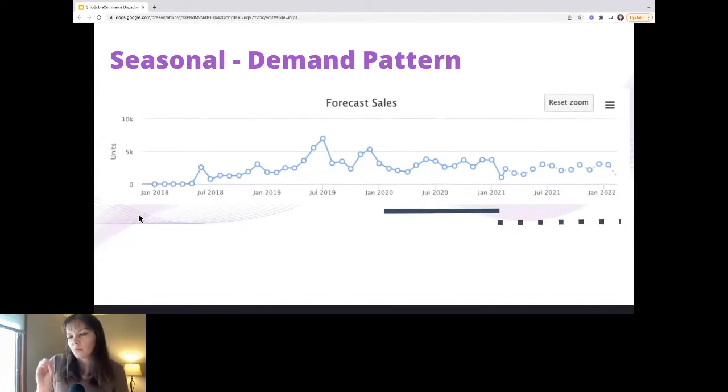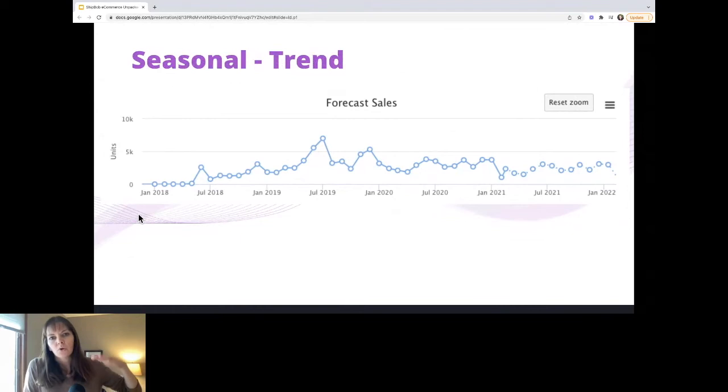But you can see that we aren't just copy pasting last year's numbers, right? It's we need a little more insight than that. So in addition to getting that pattern over the last year, we're also looking at what is the trend consideration? What is the year over year trend? And I think now that we're